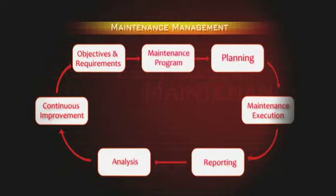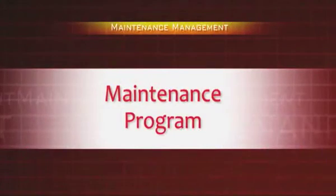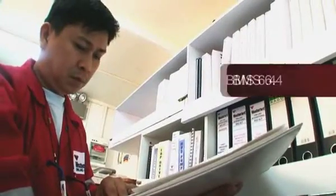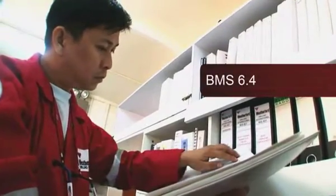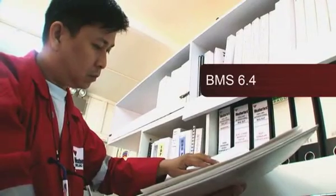The maintenance program covers the maintenance, service, inspection, and test routines for the various rig equipment. Information on this can be found in the BMS and RAMS. BMS? RAMS? Yeah. The BMS 6.4 manual provides all the information you need on WDI policies, procedures, standards, and expectations